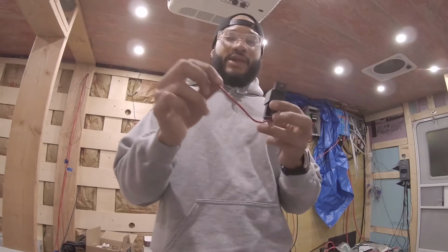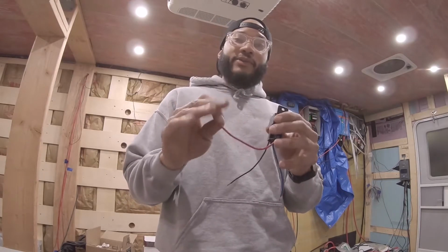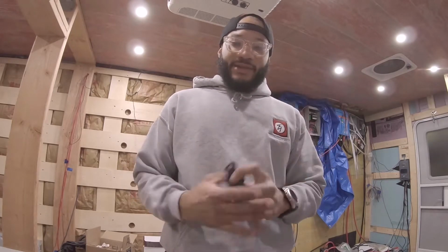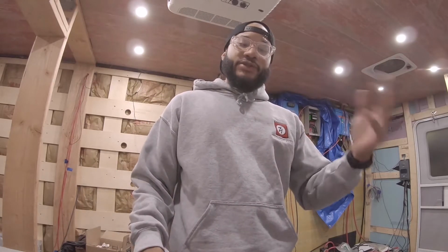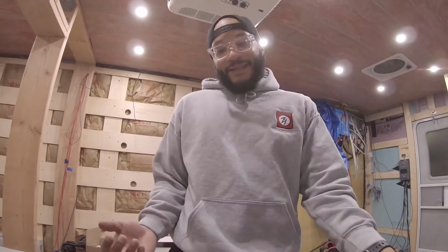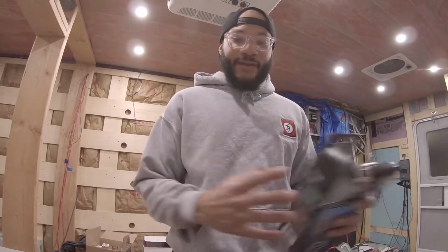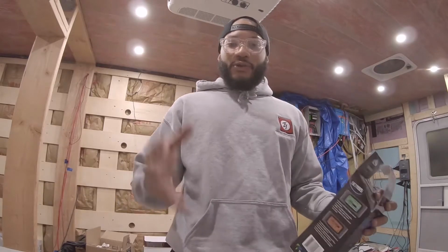So this will be the signal wire, so this will see nothing but 12 volts. So when I step on the brake, it'll get 12 volts. When I let off, it'll see nothing. So that's what I'm gonna do with this. I'd rather just be safe than sorry. You could chance it and just splice into your cold side of your brake switch, but I wouldn't do it. If it's something as simple as just throwing a relay in, save yourself some headaches, do it. But just that, the wire, test lights, and the first order of business,